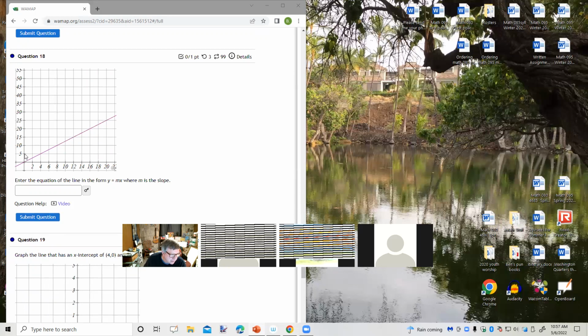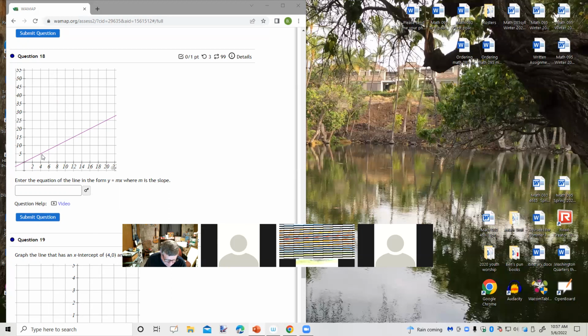From here to here, how far up? 5 units. How far over are we going? 4. So what's the slope? We went up 5 and over 4. So the slope would be